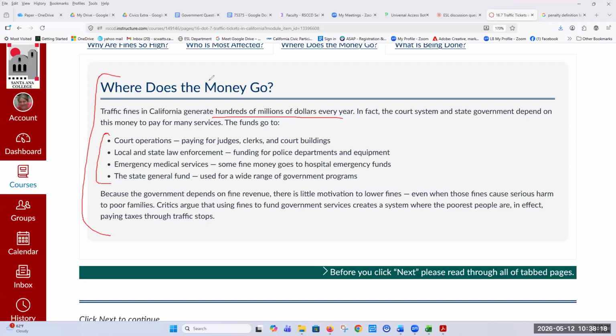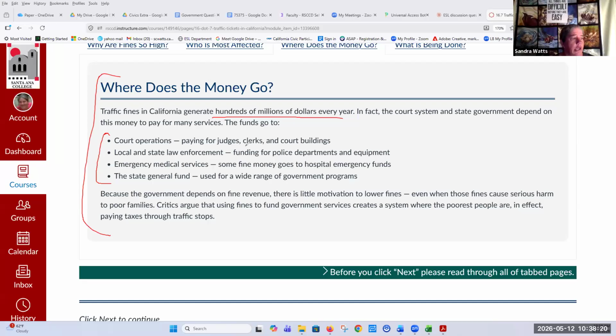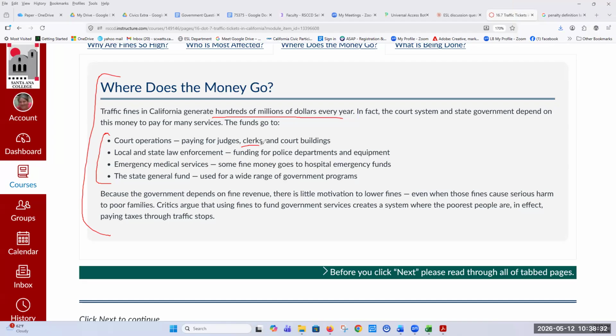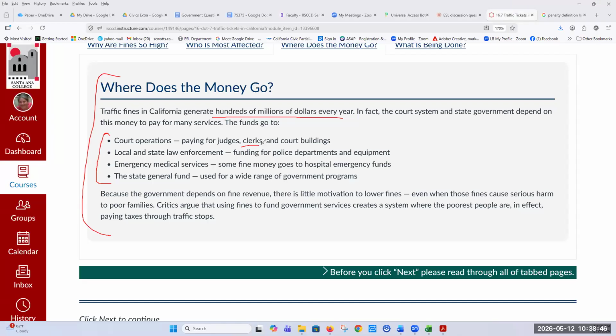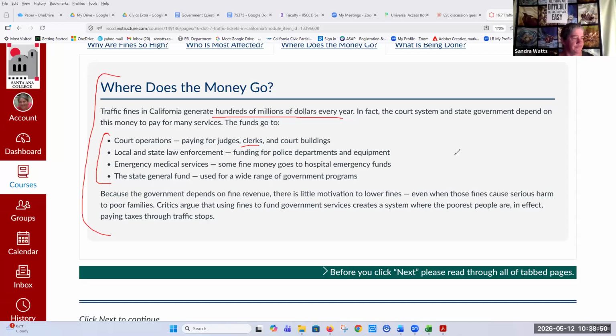Teacher, what do you mean clerks? Clerks are like the cashiers and the general workers. You know, the people that work at the counters, or the cashiers, those are clerks. Clerks can be like a sales clerk in a store. If you go to Macy's and somebody says, "How can I help you?" that's a sales clerk. So clerks are kind of general workers.